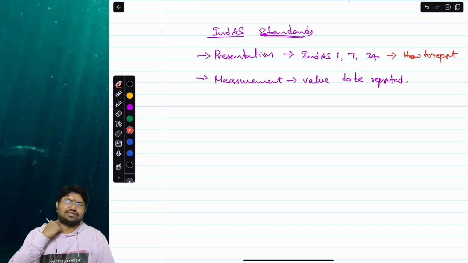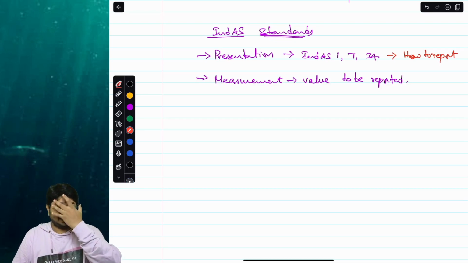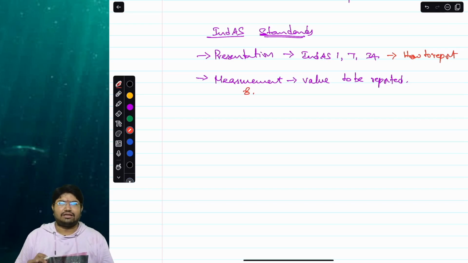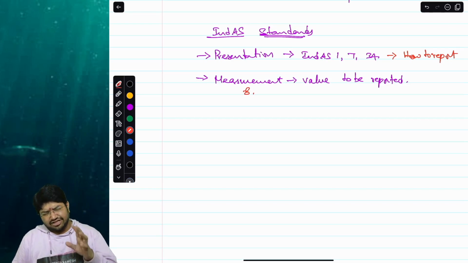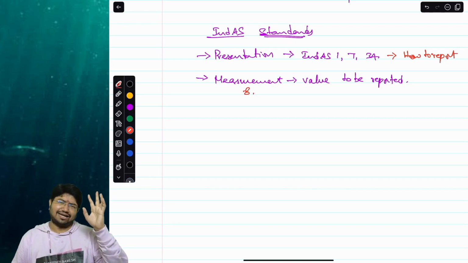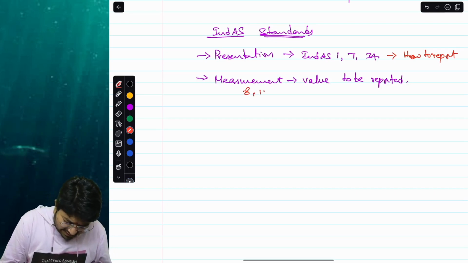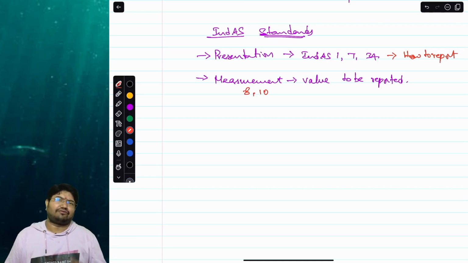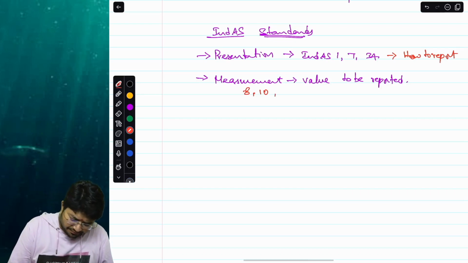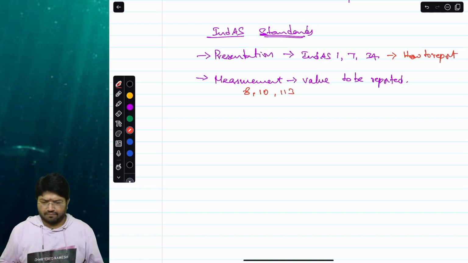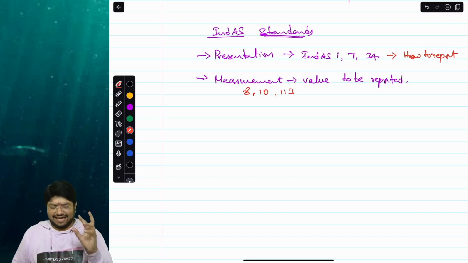Again, you have 3-4 standards in this. In your syllabus, there are only 3 standards which talk about it. Ind AS 8, which talks about accounting policies, changes in accounting estimates and errors, is almost similar to your erstwhile standard in AS. Then you have Ind AS 10, which talks about events occurring after the reporting date. And then you have the fair value measurement standard, which is Ind AS 113. So this is the second category of standards.